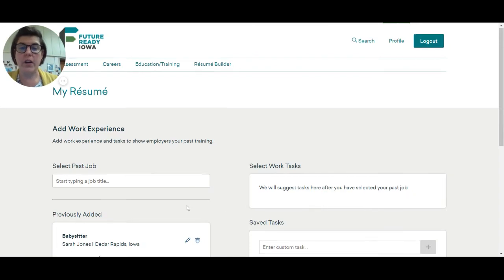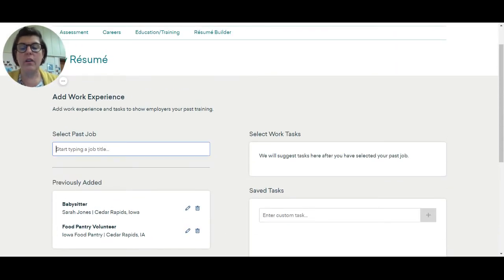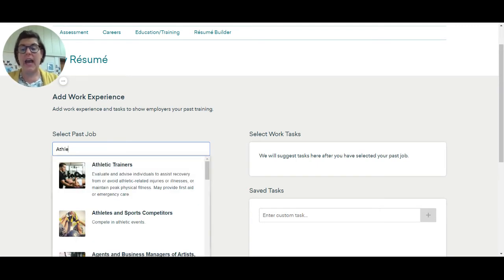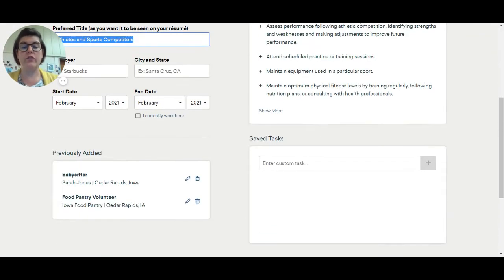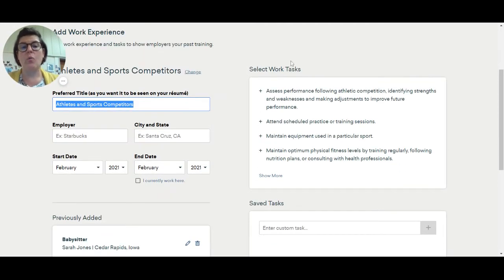Click Add Work Experience. And you are going to start with finding what you did. So if you did a sport at high school, you'll type in athletes and sports competitors. Now that sounds weird. All right. So we'll change that. Don't worry. Now, one thing I want to tell you is don't put any work tasks in there, because saying